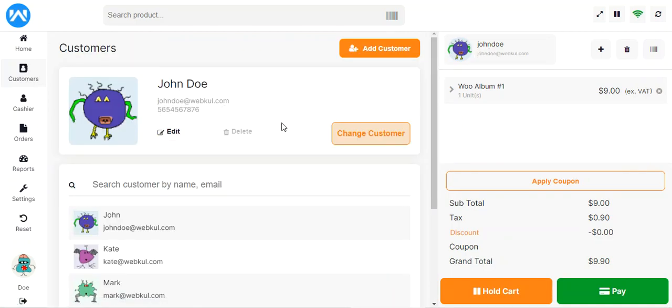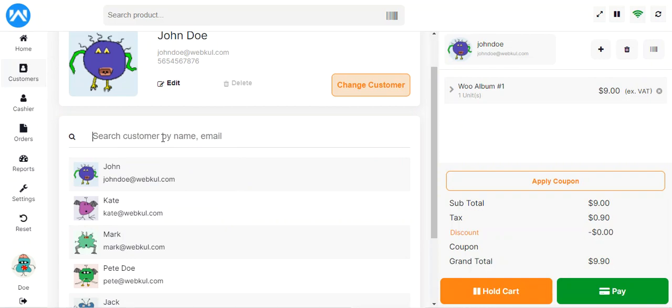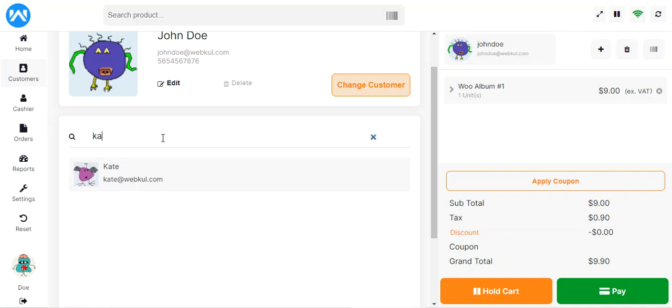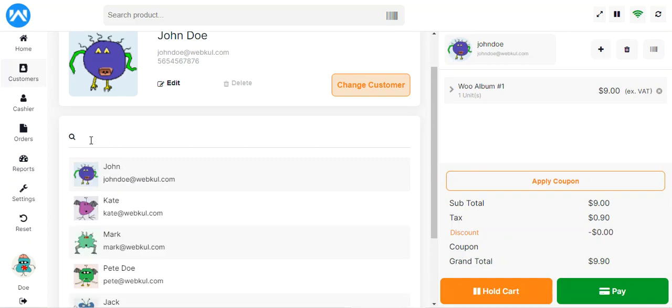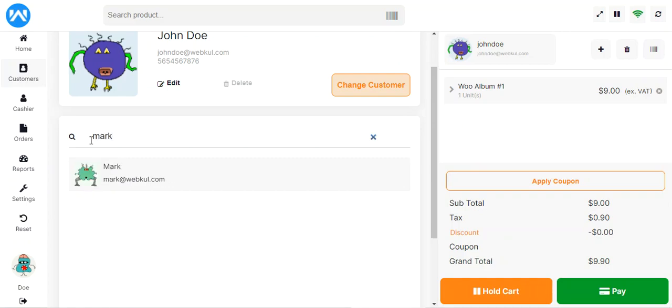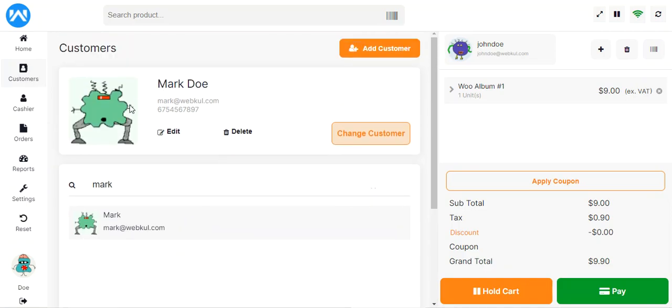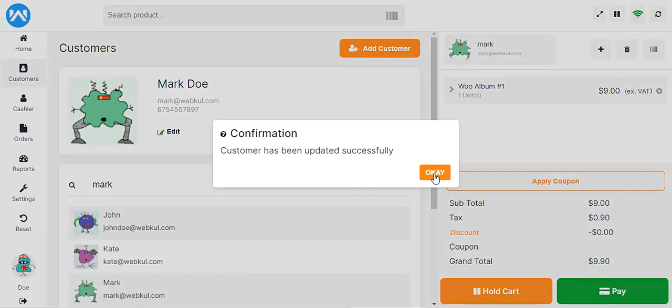Else, if you want, what you can do is for an already selected default customer, if you want to change the customer, you can search the customer by the name and email. So for example, we have a customer who's already registered at our store and his name is Kate. So if I search, I can select Kate, or for example, I want to search for Mark, I can search for Mark and I can select him up, and you can see that here we have the selection as Mark Doe right now. And if I now tap here on the change customer, the customer has been updated,